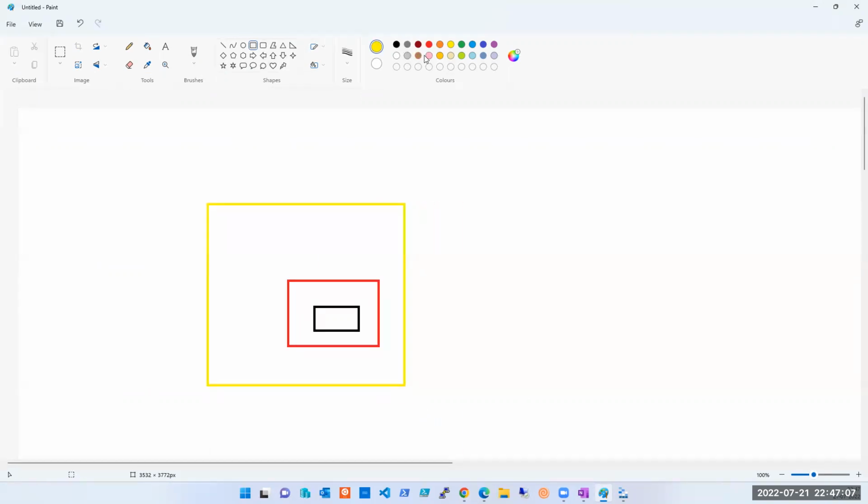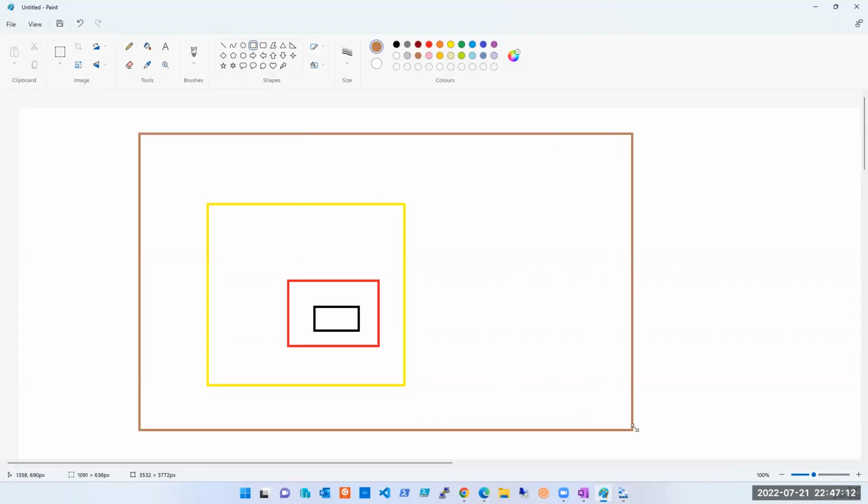Let's say the black one is a storage account and the red one is a resource group. The storage account is part of a resource group, and that resource group is part of a subscription. The subscription is part of a management group. A management group is nothing but a group of subscriptions.